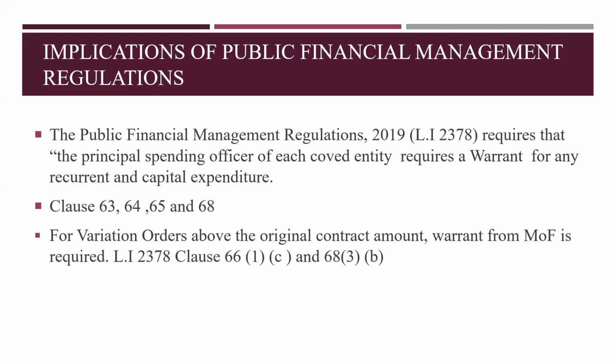In other words, variation orders. Before approval by a procurement committee of price variations, you will need a warrant for the additional money that we are trying to get the client to incur. So that is why in most cases, when we are reviewing our variation orders and seeking approval for them, we have confrontation with Central Tender Board, because they are looking at the public financial